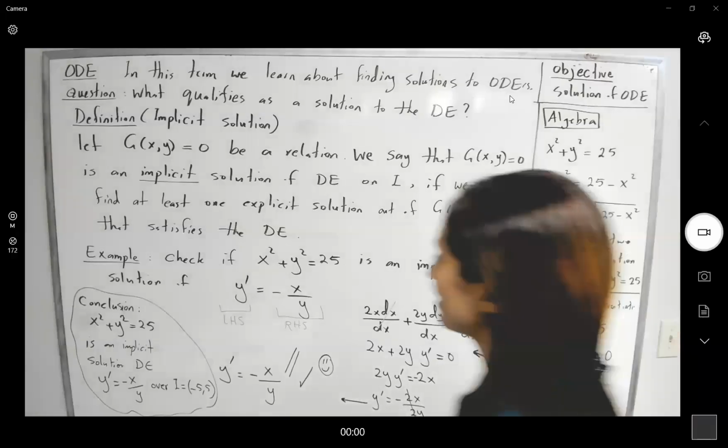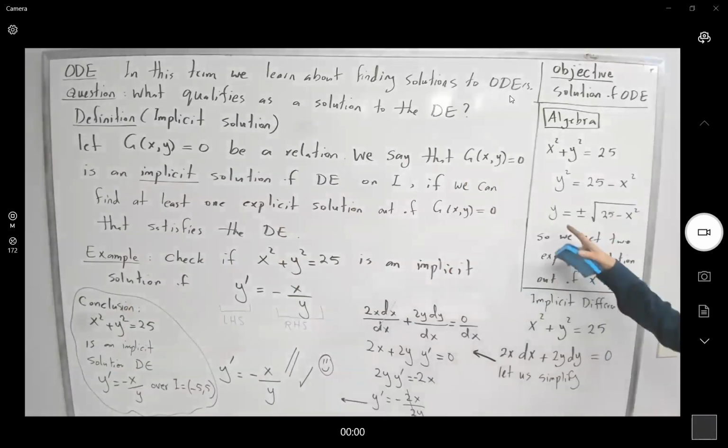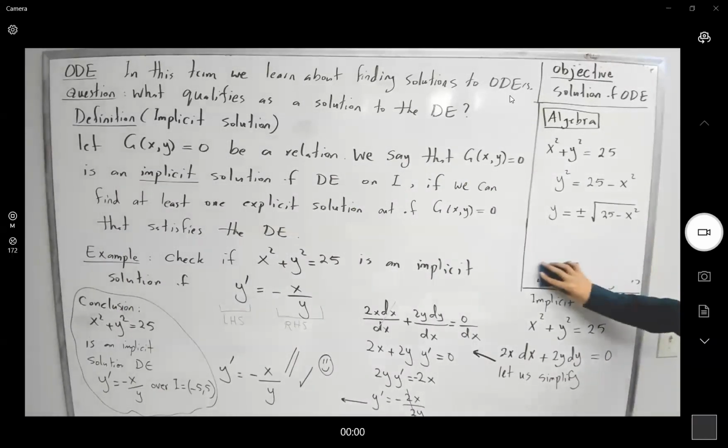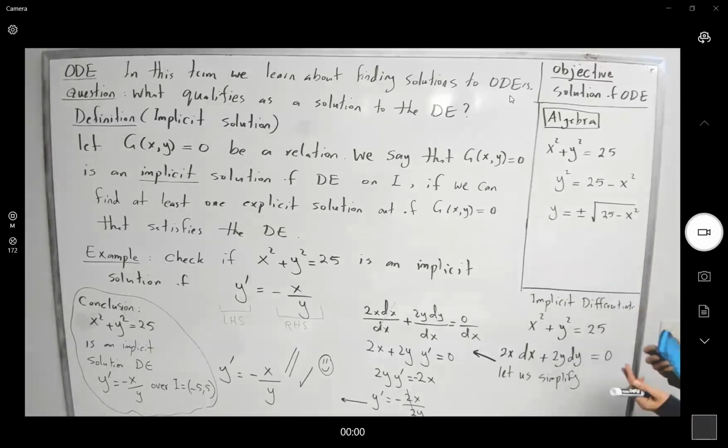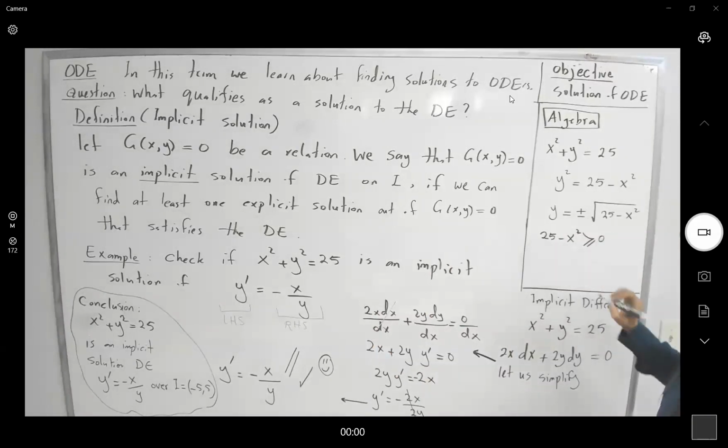So where did this interval come from? Take a look at your explicit definition. Your explicit definition has a radical in it. Inside the radical, you have 25 minus x squared. This cannot be negative, otherwise you get an error. So you take this quantity, 25 minus x squared, and set it greater than or equal to 0, or x squared is less than or equal to 25, or x is bounded between negative 5